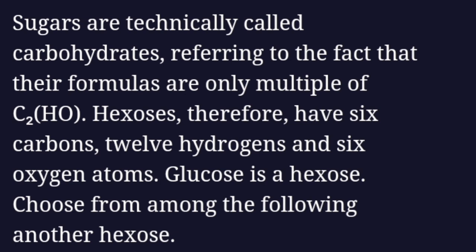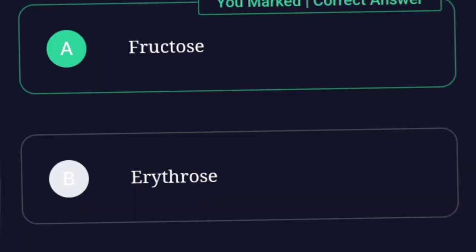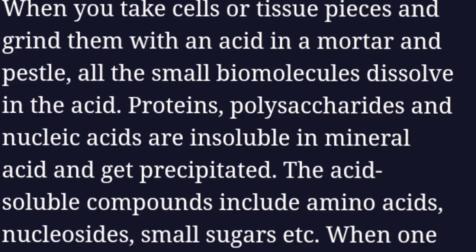Sugars are technically called carbohydrates, referring to the fact that their formulas are only multiples of C2H4. Hexoses therefore have 6 carbons, 12 hydrogens and 6 oxygen atoms. Glucose is a hexose. Choose from among the following another hexose. Fructose. When you take cells or tissue pieces and grind them with an acid in a mortar and pestle, all